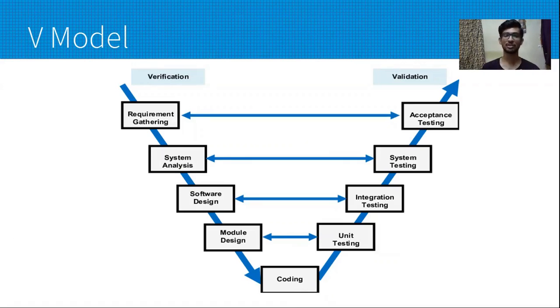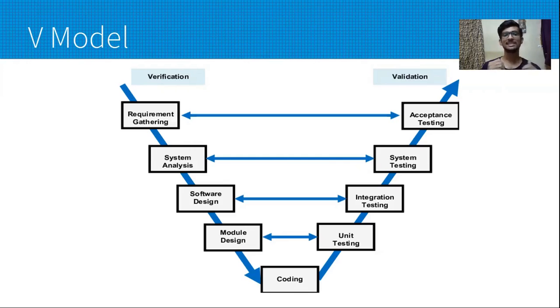So verification is also called the developer life cycle or developer phase, and validation is also called the tester phase. So let us get into each. First one is requirement gathering. As we already said, requirements can be gathered from the client and are well documented by the business analyst hired from the software company. This documentation is also called business requirements documentation or software requirement specification. In technical terms, developers and testers will call this user stories.